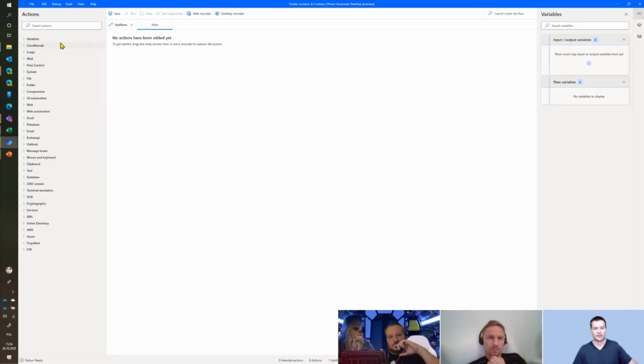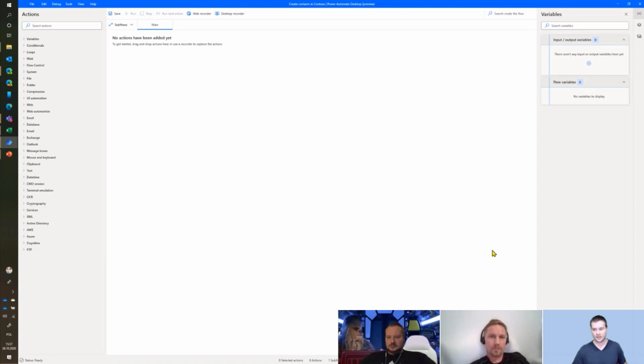There are not only actions related to the local machine, but you can as well query Azure services or Google services, the Azure cloud, AWS cloud. There are cognitive OCR actions. So a lot of things that you can use to make these flows really advanced.